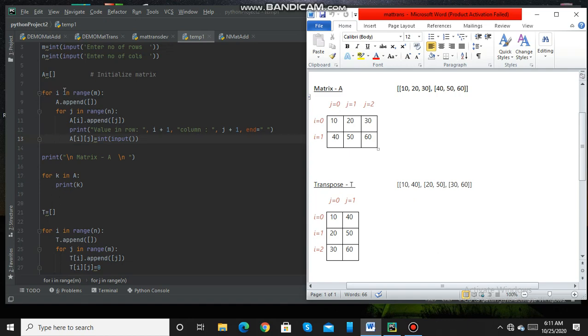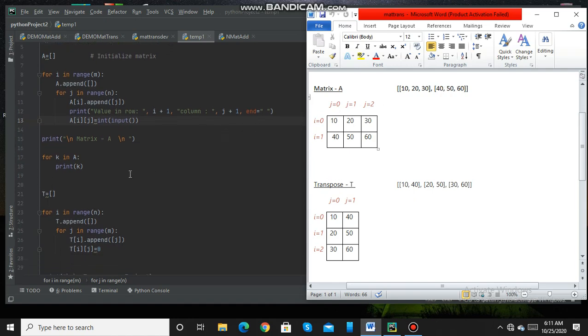Then I value will become 1. So another list is created, that is the second list. J iteration will take place 3 times. So if the user has entered value 40, 50 and 60, those values will be appended in that list, that is 40, 50 and 60. Then after that we are printing the values in the list in the form of matrix. That is happening here. The values are getting printed.